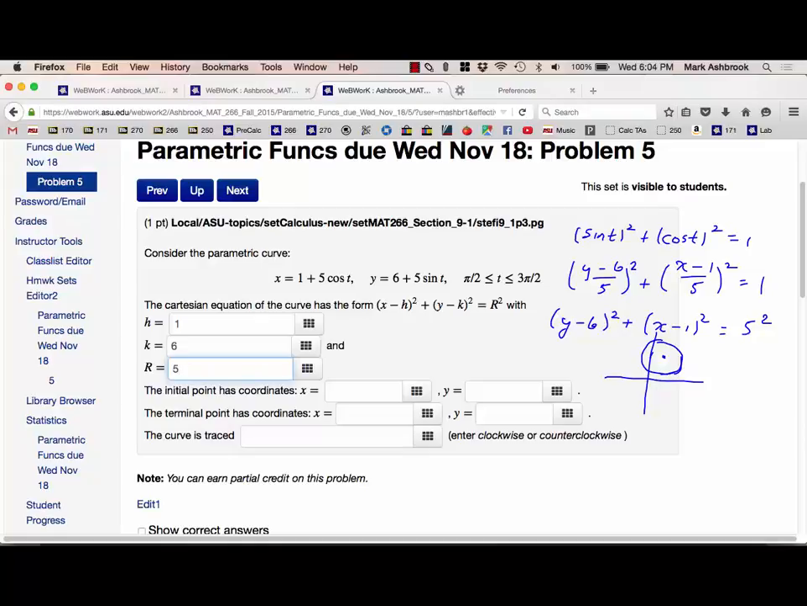Okay, initial point. So then they're saying that we want to do this from pi over 2 to 3 pi over 2. So that's possible. It doesn't give the whole circle. In fact, that probably just gives half of the circle. So we can find out which part of the circle we get: the initial point will be the xy ordered pair when t is the starting value of pi over 2. So when t is pi over 2,